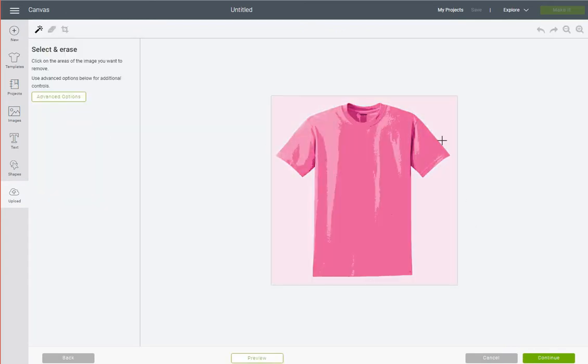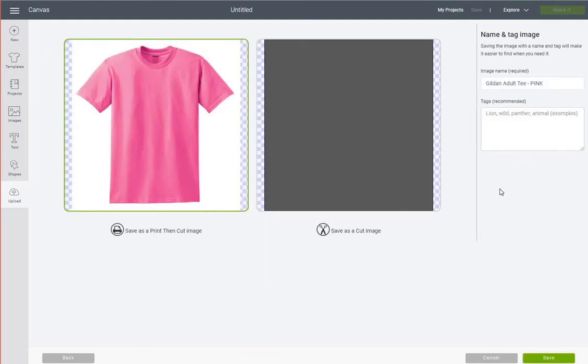And the next screen will show you the image again, but it's kind of distorted, but don't worry about it because we're not going to do anything to it. We're going to hit continue again. Now in the next screen you'll see the image on this side, and we're really just dealing with the print look of the image, not the cut image. So we're going to leave it with the green surrounding that,